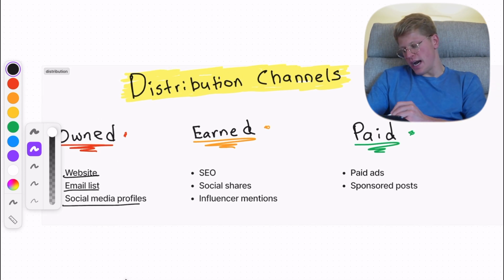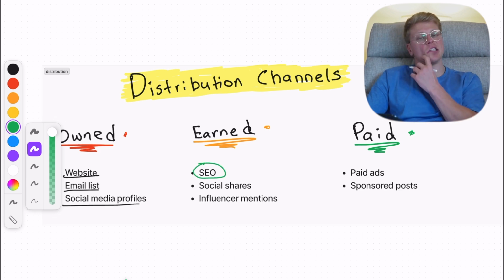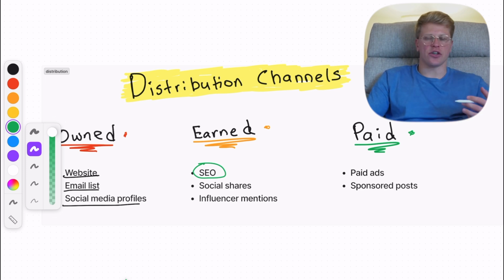Next, earned. So this is where I specialize. I specialize in SEO. So SEO stands for search engine optimization. That basically means that people search for things online all the time, right? And they're searching for content, right? And there are people out there like myself who create this content, right? Put it out there on the internet, and people like you searching, right? Click, watch, and then that's the exchange of value.